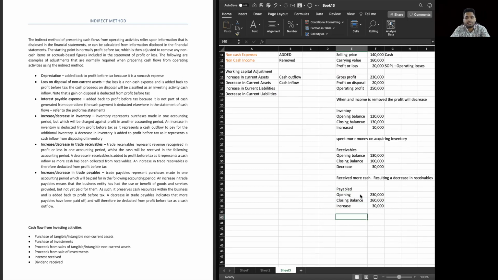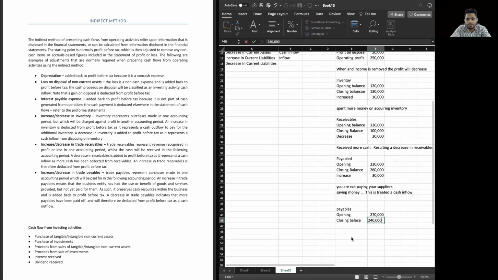If your payables are increasing, it means you are not paying your suppliers. If you are not paying your suppliers, you are saving money, right? Which means this is treated as a cash inflow. So if there is an increase in current liabilities, that means you're saving money, so it will be treated as a cash inflow. On the other hand, when you look at your payables, if you had an opening balance of 270,000 and a closing balance of